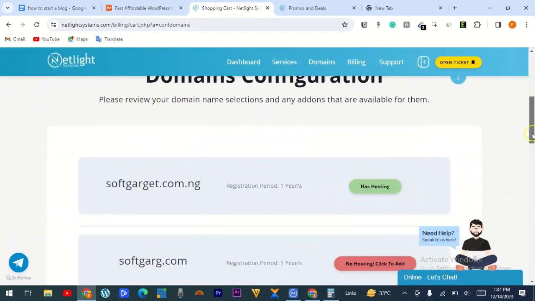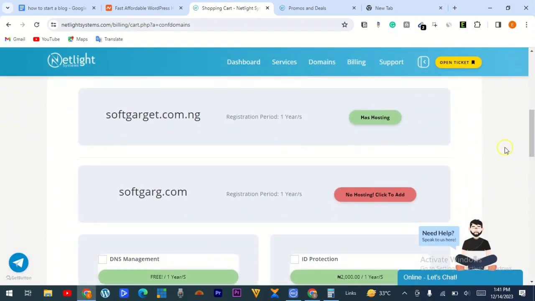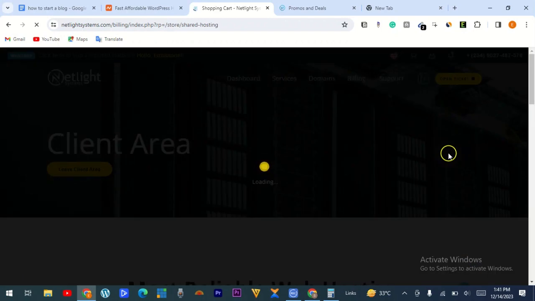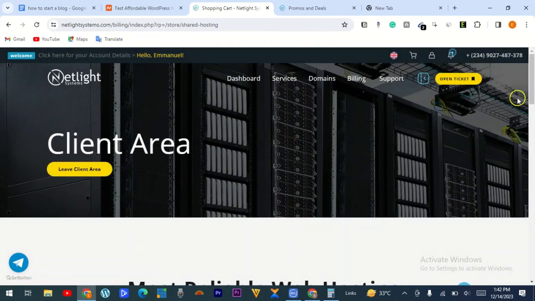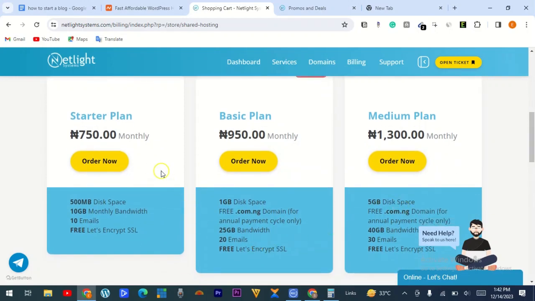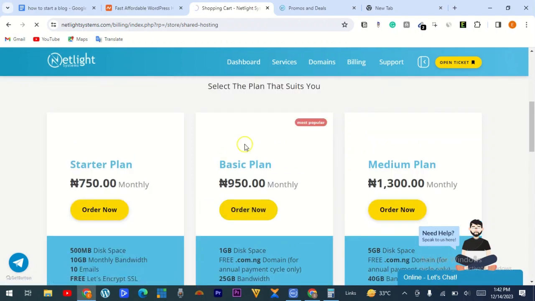Then here you will be asked to register for hosting also. You can click here to add hosting. Alright, from here you scroll down. You can select any of these: the starter plan, the basic plan at 950 naira per month, the medium plan. So you click on order now,